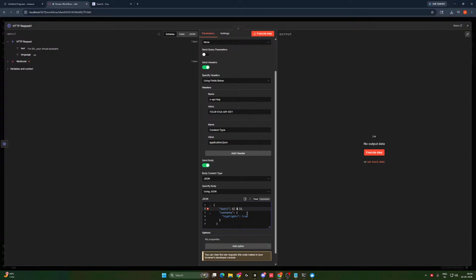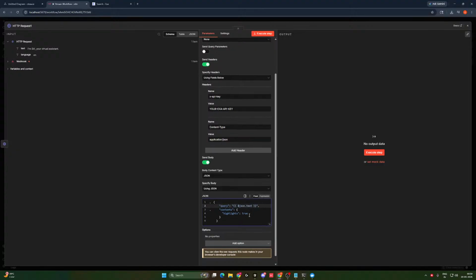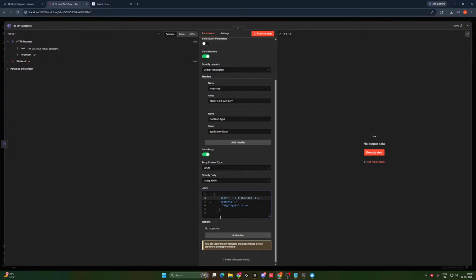So it would be JSON.text. That should be like this. Content should be highlights, let's say highlights with num sentences 3. The number of sentences for the highlight should be 3.